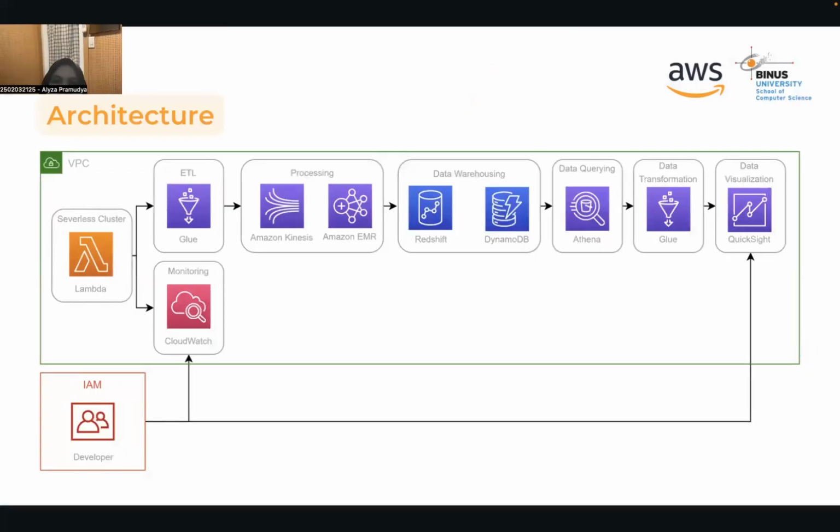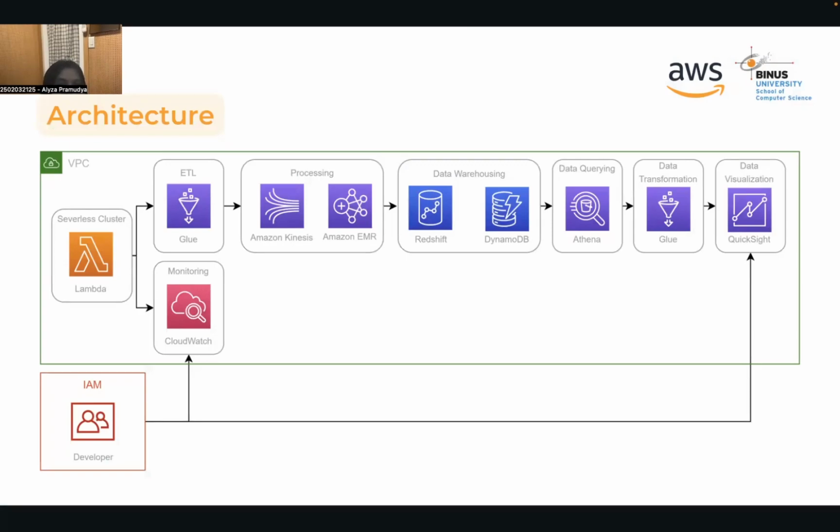So this is the design of our architecture. As we can see on the screen, all the AWS services are within a VPC. We place all the services in a VPC to enhance the security of the architecture. Going back to the background that has been explained by Safa before, we create this architecture as a cloud implementation